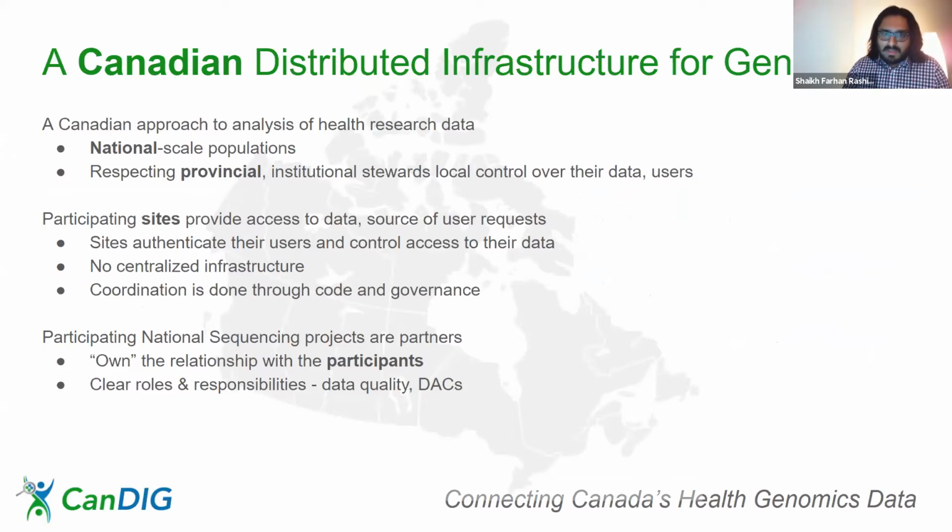So what is CanDIG? CanDIG is the Canadian Distributed Infrastructure for Genomics, a fully distributed platform that allows a national scale, privacy maintaining analysis of locally controlled data sets. With initial sites in Toronto, Montreal, and Vancouver, participating members include some of the top generators of genomics data in Canada. CanDIG serves as a foundational platform for all of these institutions' collaborative ventures, with the long-term goal of extending data sharing to a wider base of researchers across Canada.